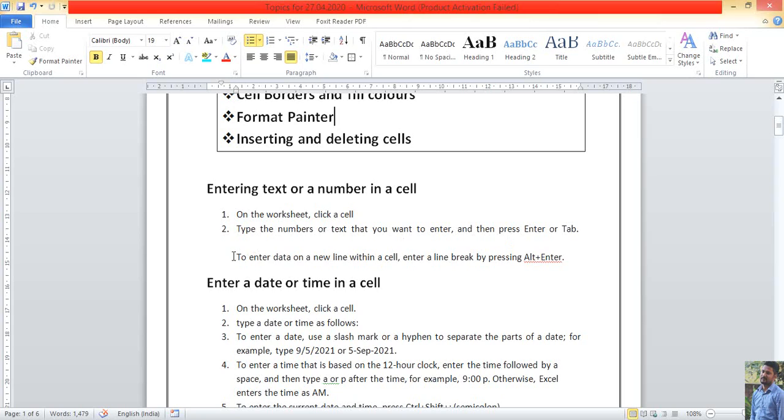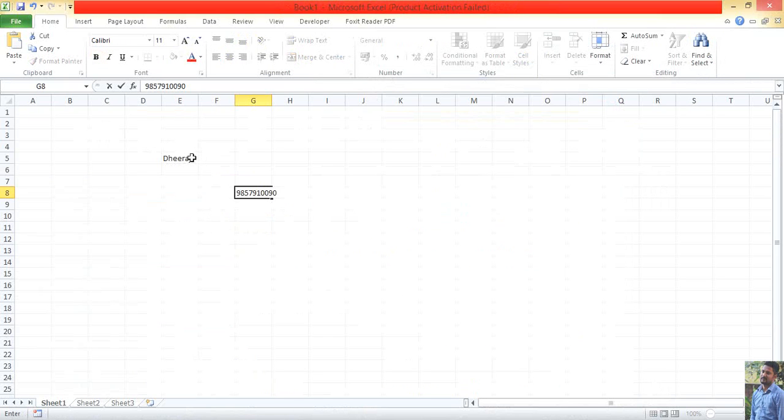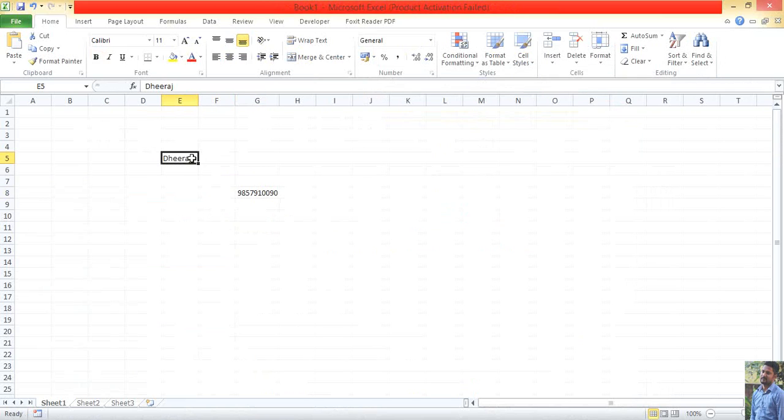Okay, but there is also one note: to enter the data on a new line within a cell, enter a line break by pressing Alt plus Enter. It means if we want to write some more text after Dheeraj, suppose I want to add my surname also, but in the next line, in the E5 cell. So first of all I have to double click the cell to edit it, see, and after that